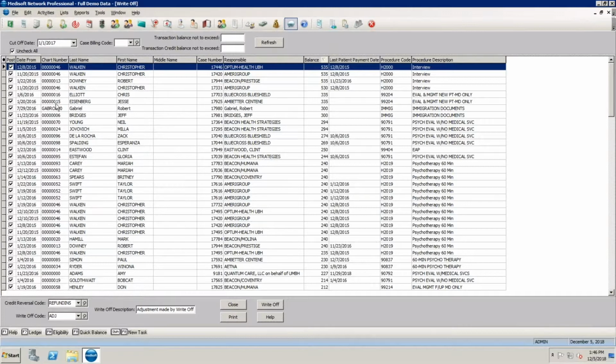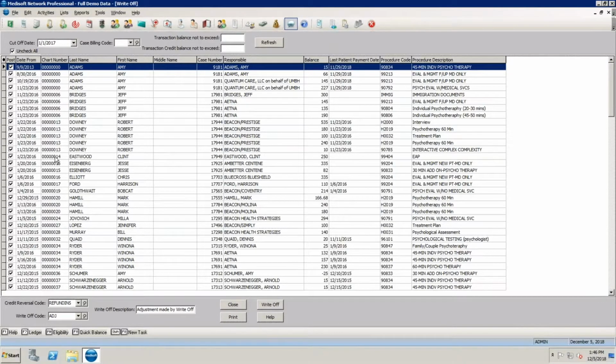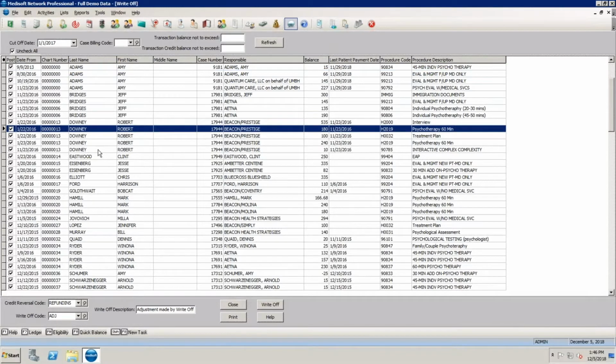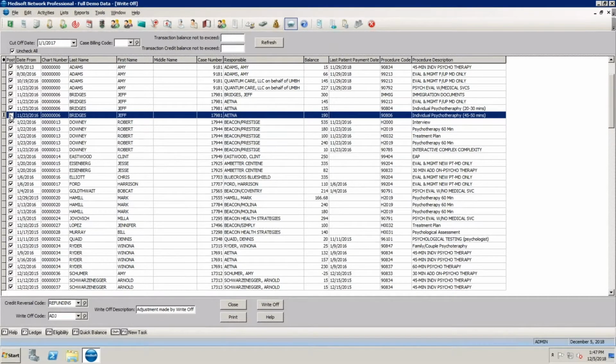Then you can sort by chart number, but you cannot sort by name, so you can only do chart number. If a patient has more than one line, you might think a $15 is not a big deal and a $66 is not a big deal, but now this patient, Adam, has all of this that you're writing off. You can pick and choose which ones you want to write off and which ones you don't. Once you turn off the ones you don't want to write off, you just hit write off